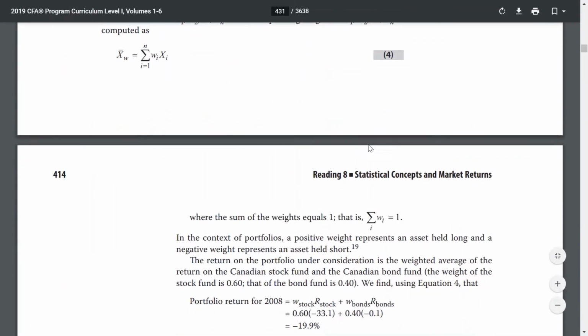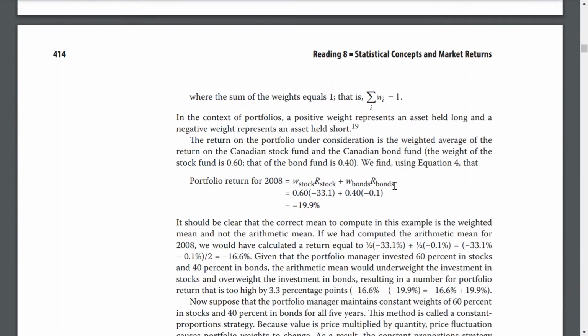Where the sum of the weights equals 1, and the summation of w sub i is 1. In the context of the portfolio, a positive weight represents an asset held long, and a negative weight represents an asset held short. The return on the portfolio under consideration is a weighted average of the returns of the Canadian stock fund and the Canadian bond fund. The weight of the stock fund is 0.6, and that of the bond fund is 0.4. We find, using equation 4, that the portfolio return for 2008 is negative